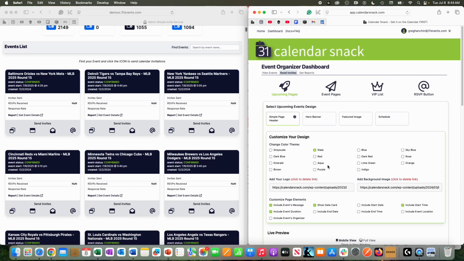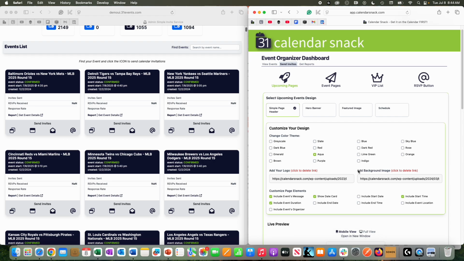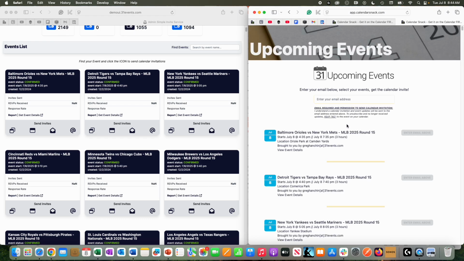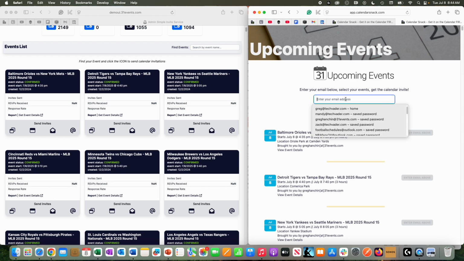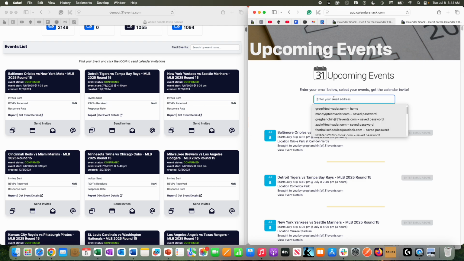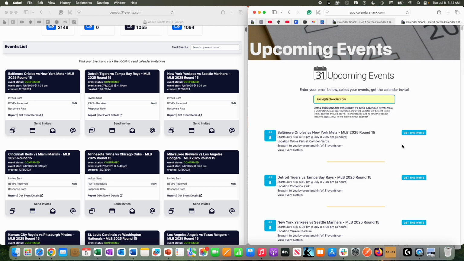I'm just going to go ahead and build a quick event page. This is a demo engine. I'm just going to populate the page real quick. I'm going to expand it out, and voila, you have your upcoming events landing page, which is essentially all this data out of here into a landing page live. You can share it. And so when I share it and I go to somebody like Zach, I click these buttons here. Zach puts his email address in. When he clicks these buttons,